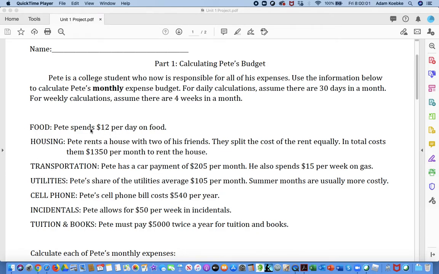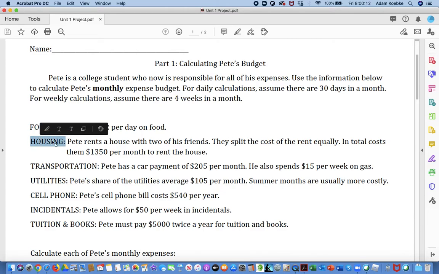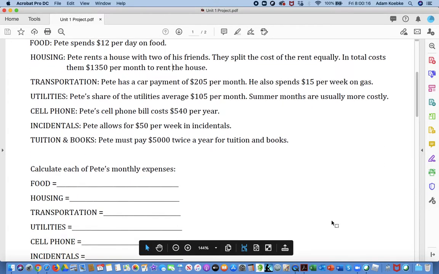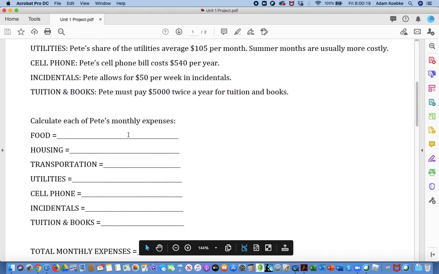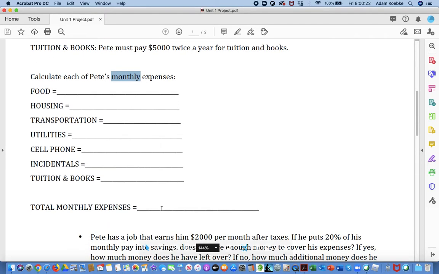Each one of these has a certain value and, of course, a certain time for how much he spends per day or per month. So we're going to make sure that we convert all of these values for food and for housing into monthly values. And then we want to add up all of his monthly expenses. So here's where you'll put the values for each of the monthlies. So when you make the conversion, put your answers here, and then we add those up to make our total